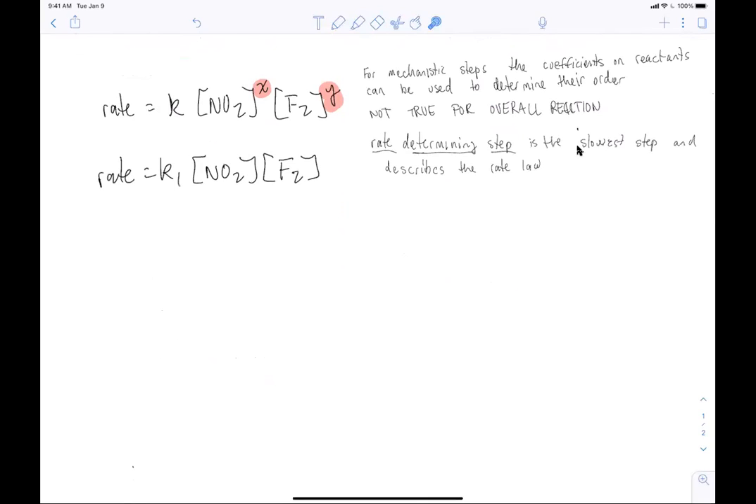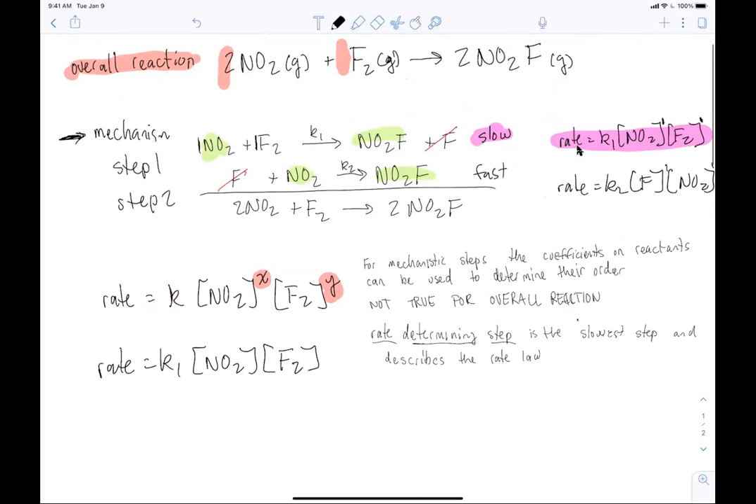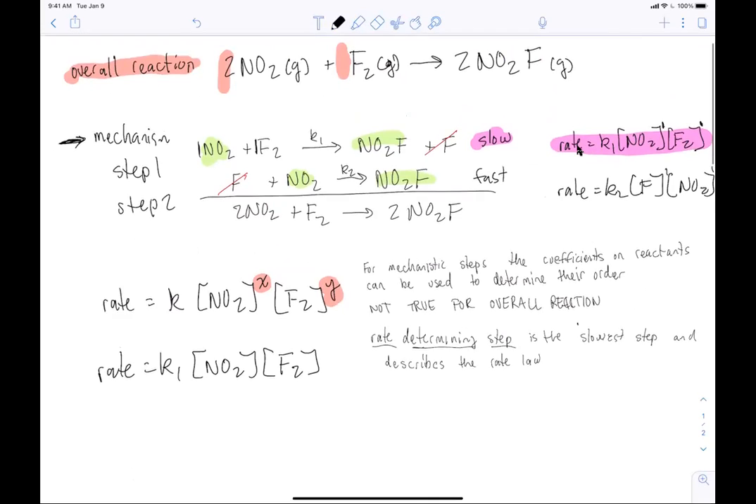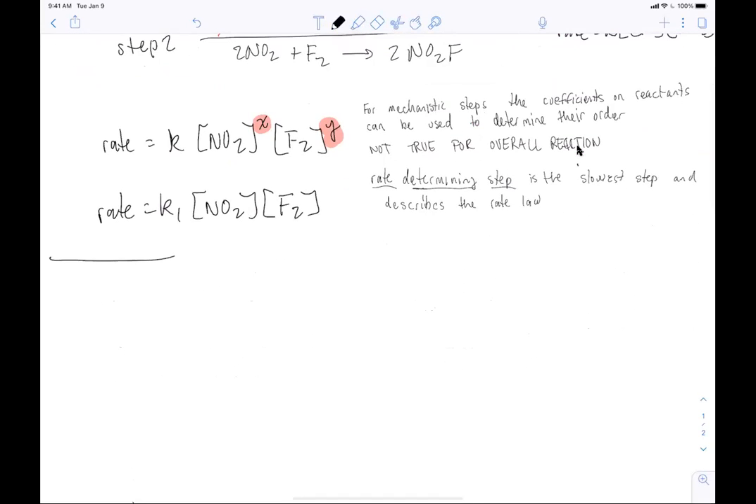All right. Let's look at this other scenario, or this other situation. It's probably better to work it out with an example. So the rate law,